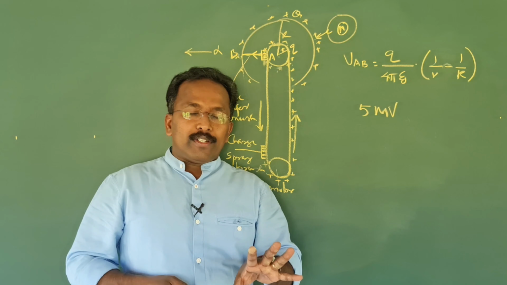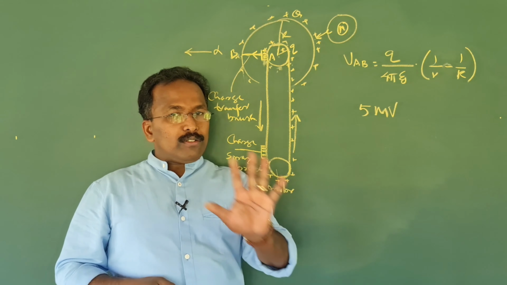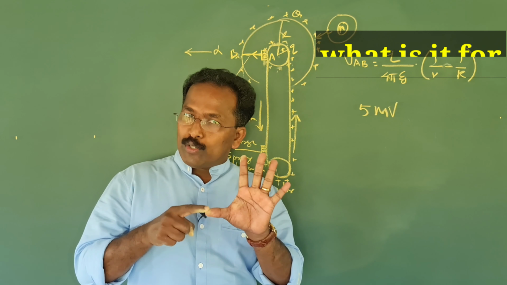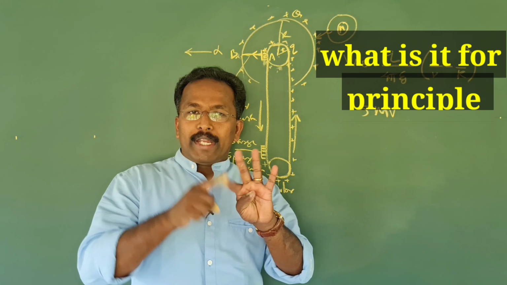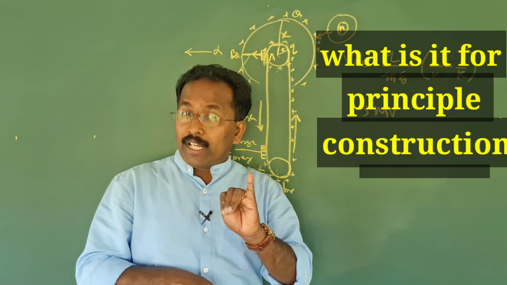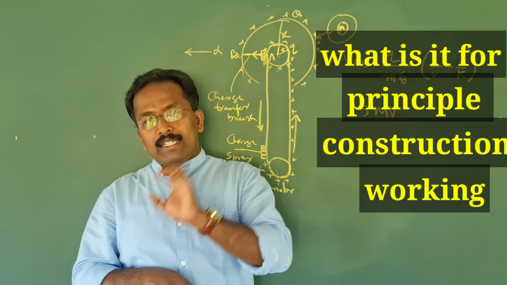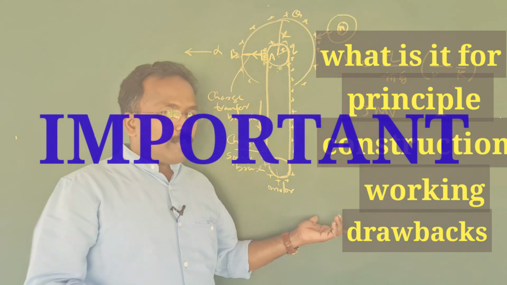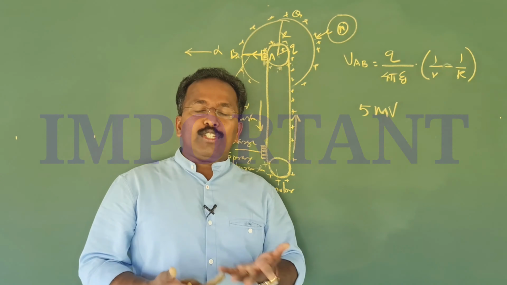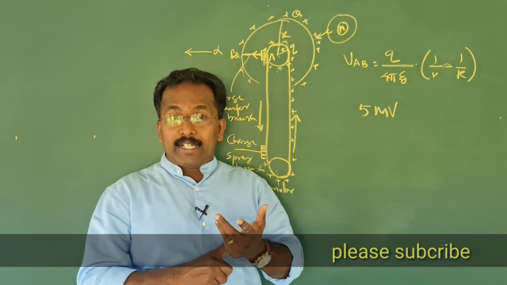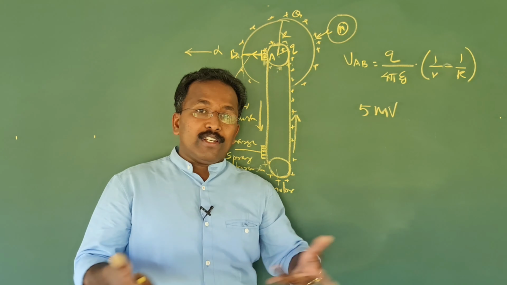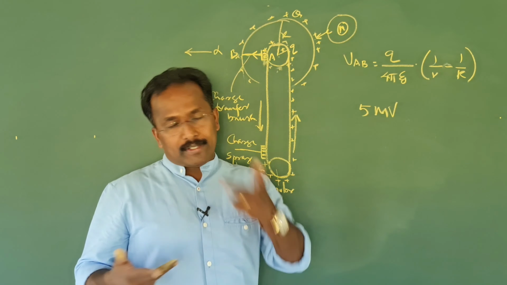And from the examination point of view, this being an instrument, you need to study 5 things about an instrument for the exam. First is, what is this instrument for? The second is, what is the principle of this instrument? Third is, how it is constructed. Fourth is, what is the working of that instrument? And the fifth is, is there any drawback? What is this instrument for? This is a Van de Graaff generator or a Van de Graaff accelerator, which is used for accelerating charged particles, or which is used for creating very large potential difference for fun and entertainment purposes.